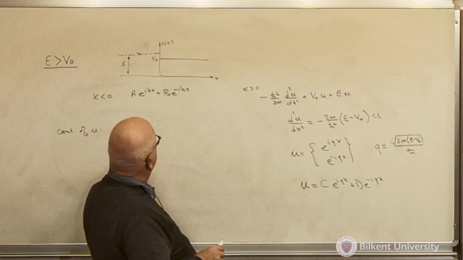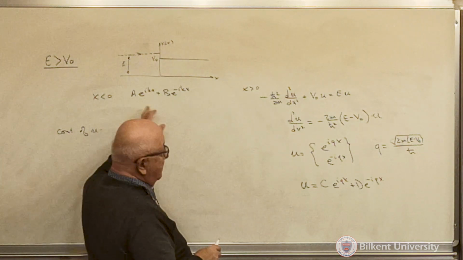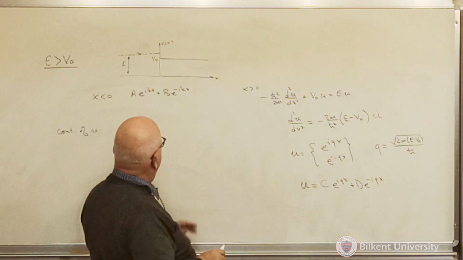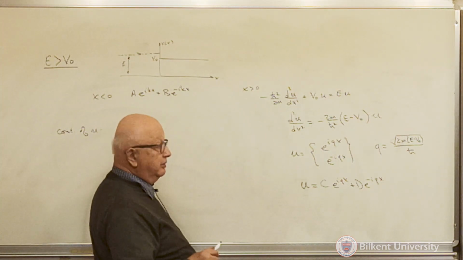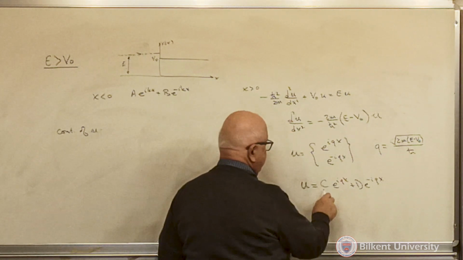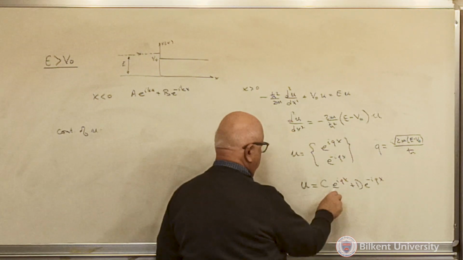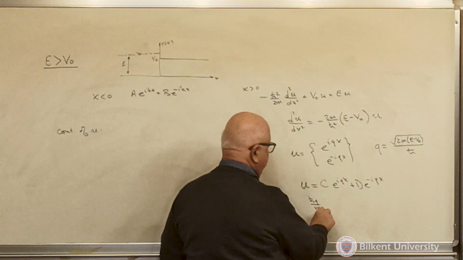But just like on the left-hand side, remember that this A star A was a measure of incident flux or probability. So C here is associated with, this time, h bar q over m